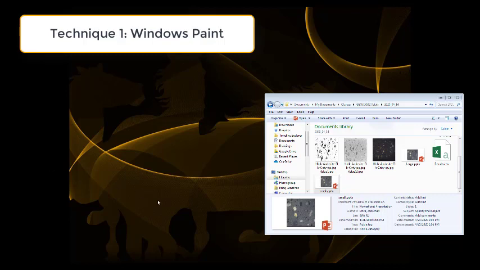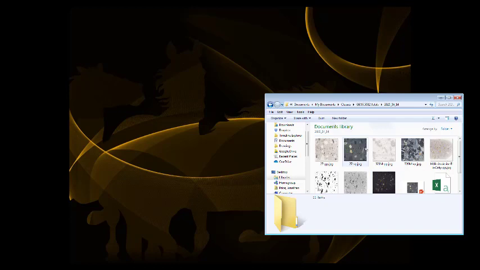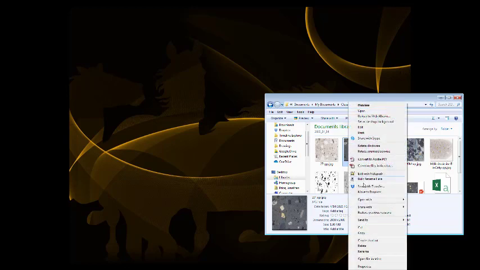I use a Windows platform for a lot of things, so we're going to do it in Windows. I picked out for our use here an image that I scanned in at fairly high resolution. This is a 2400 by 2400 pixel image. That's pretty large. I'm going to open it up with a really common program that should be default on Windows